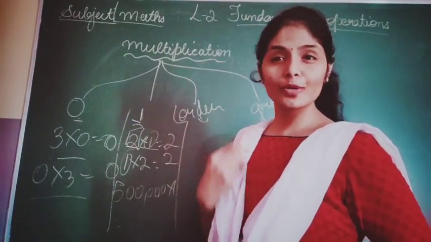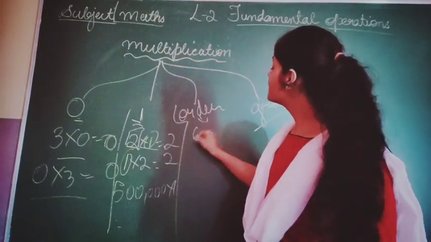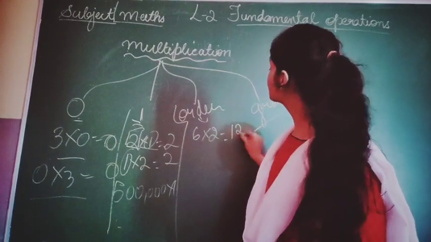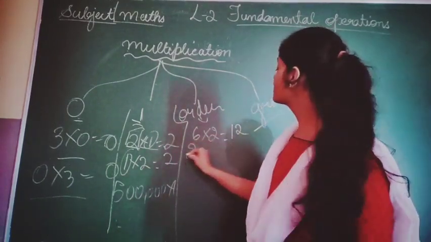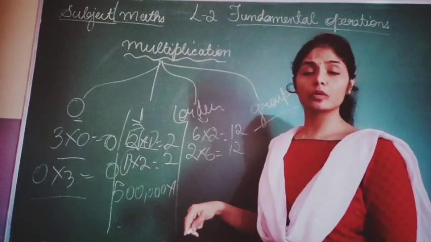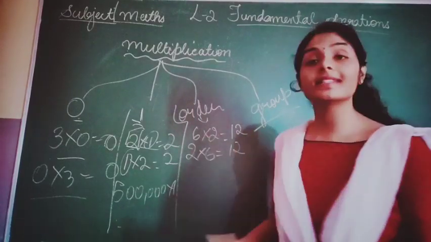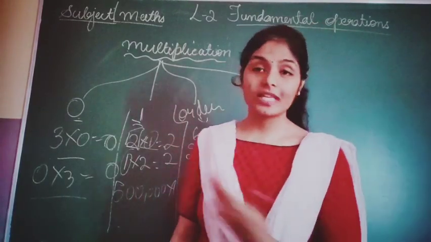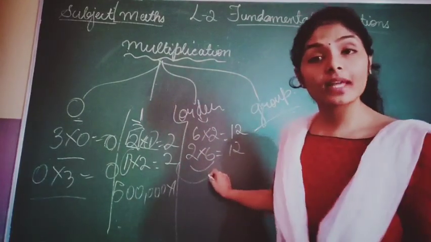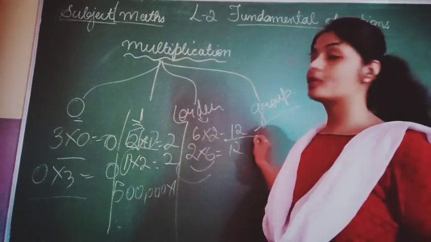Now, order. When you talk about order, what comes to your mind? Something will come now about order. Yes, no, children? Now, order. You have 6 2s are. How much is 6 2s are? 12. 6 2s are 12. How much is 2 6s are? 2 6s are 12. Correct, no? Correct, no, children? You get the same number. Now you can change the order anyhow. You can put this here or this here. But you get the same answer. Understood? This is 12, this is 12.